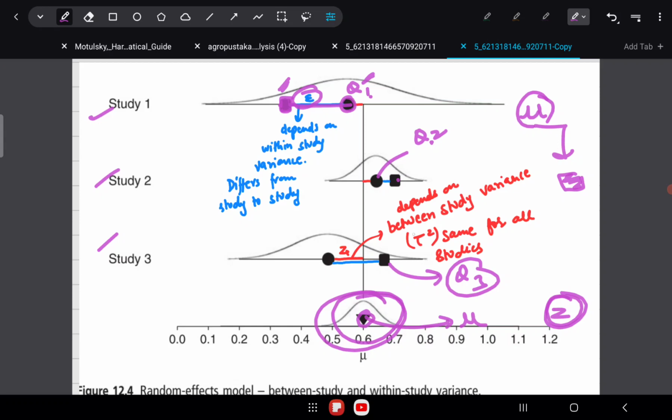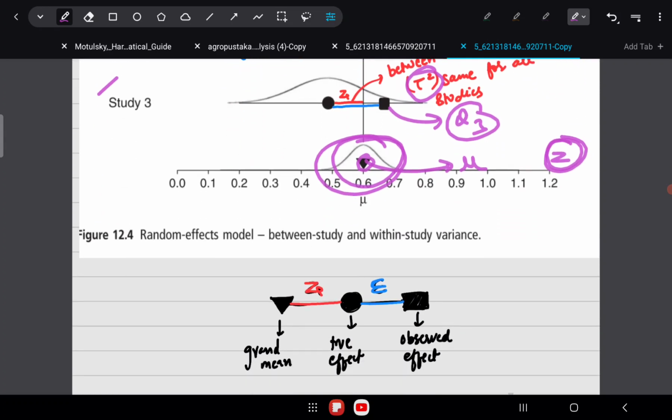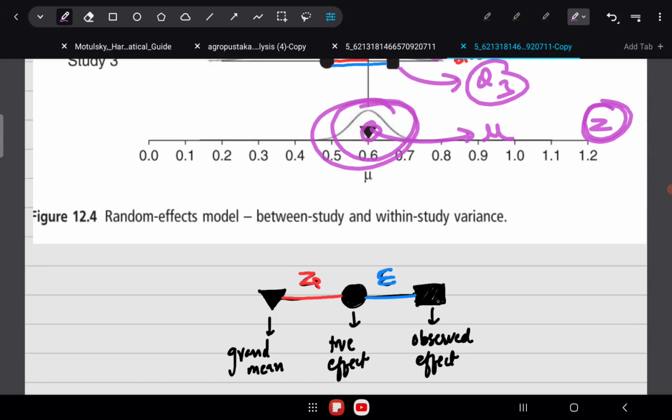And remember that this tau square, or between study variance, will amount to 0 when the number of studies is infinity. Okay, I'll come back to this concept later. So you can see again that this is the grand mean of the distribution of true effects, or I can call this mu, right? And there is a difference between mu and theta 1 or theta 2 or theta 3, whatever theta n, and this difference is due to zeta.